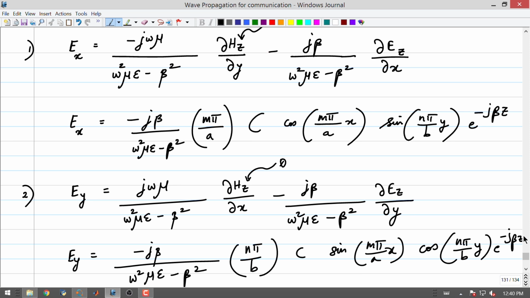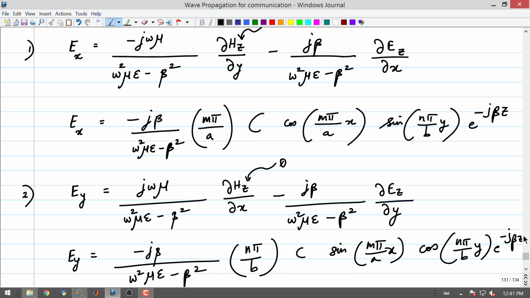Similarly, you can also try to find out hx, hy, hz. The way we have started all these things is by assuming that hz is 0. So, there is no need to find it. Now, one of the things I want to highlight over here, in the configuration that we have seen so far, is a question that arose in the previous class: what would happen if Ez is equal to 0, does it mean that everything else is 0?